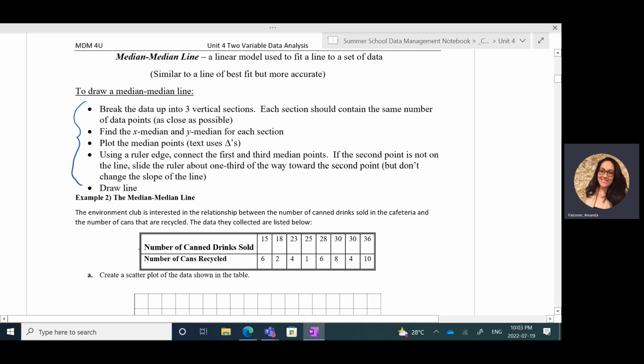Does it make sense to say that the canned drinks sold depend on the number of cans recycled, or does it make more sense to say the number of cans recycled depends on the number of canned drinks sold? Well, this one should be the dependent variable, and this one should be the independent variable. So